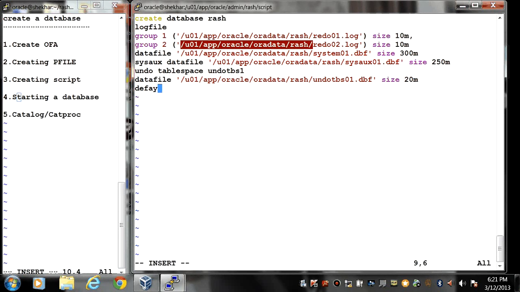Then default tablespace, default temporary tablespace, temp, and for temporary tablespace we need to write tempfile, temp01.dbf.